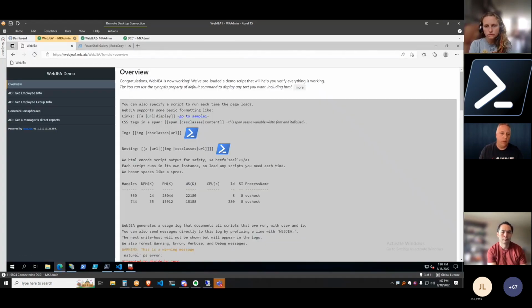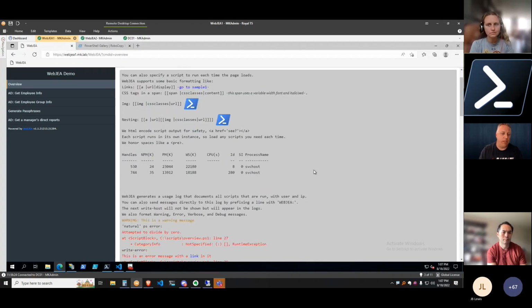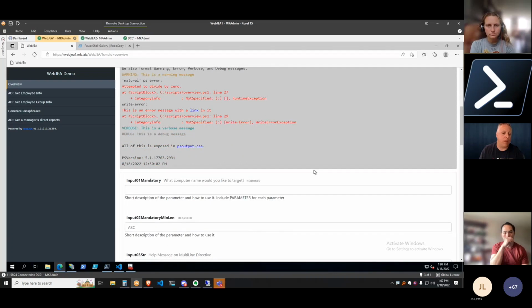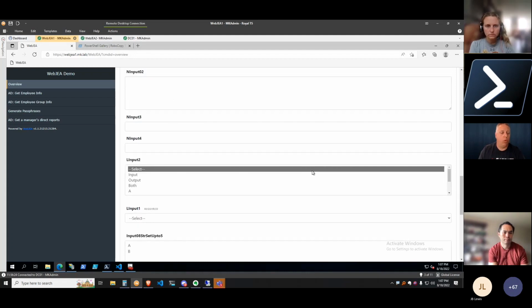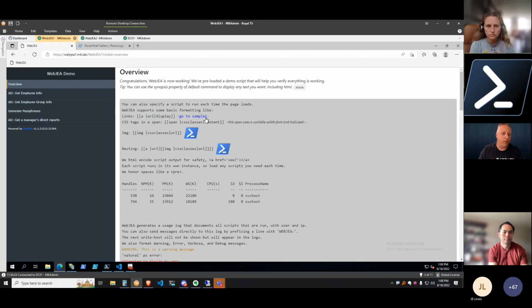And this web server, this is the default view. I left this in here just so people can see what you see by default. This is a whole bunch of examples that the module creator, Mark Domansky, has included to give you some ideas of what you can do. What you would normally do is get rid of this and replace it with a welcome page for your users. And so on the left-hand side here, we have some scripts that I've built.